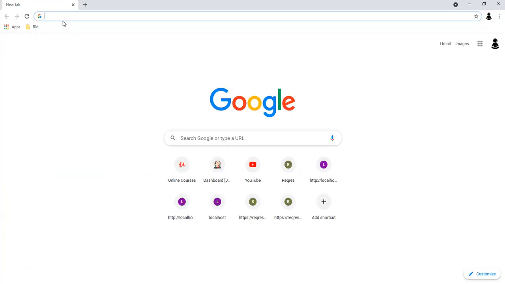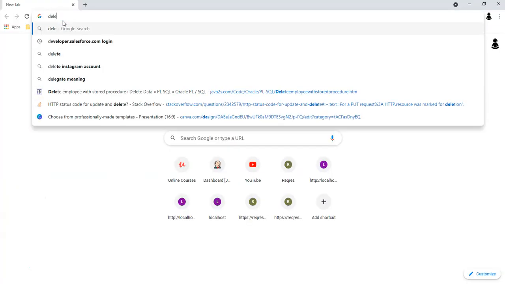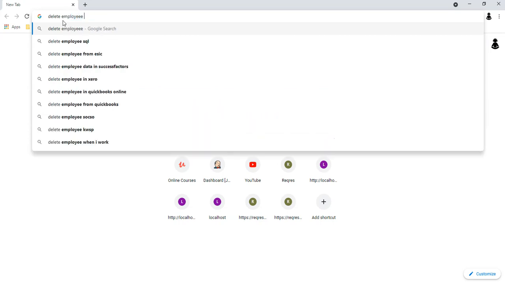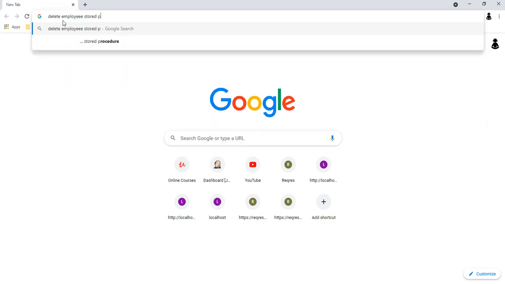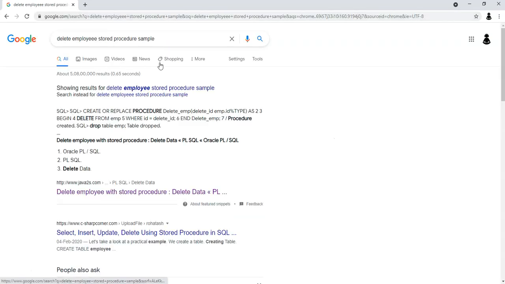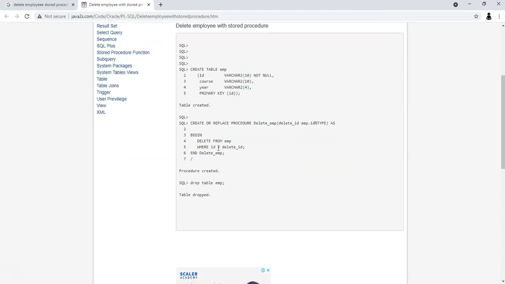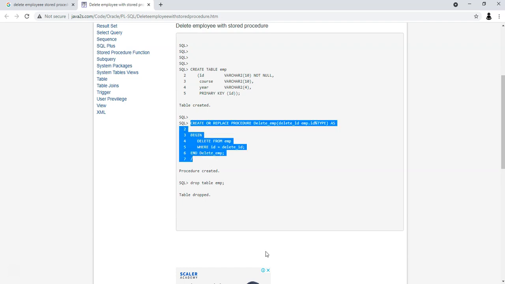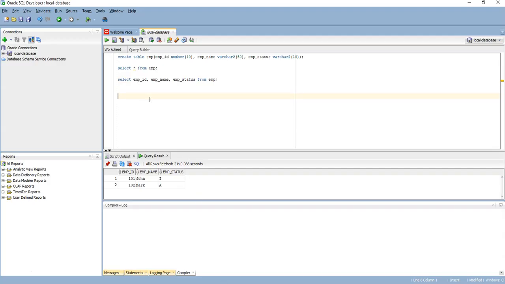Let's go to Chrome, search for an example as delete employee stored procedure sample, and we can go to this Java2s link, and here we have a sample procedure to delete the record. Let's copy this procedure and go to SQL Developer. Let's put it here. So let's remove these 2, 3, 4, 5 numbers,